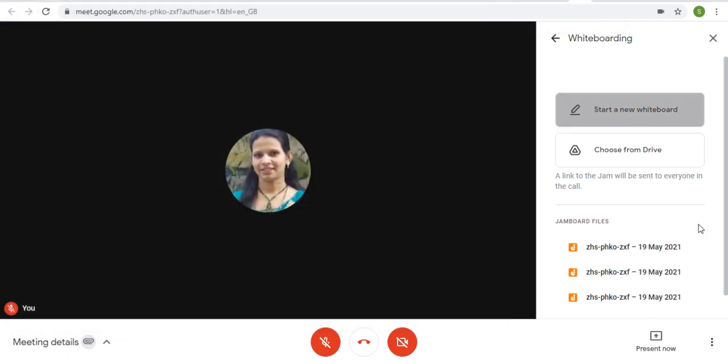Okay, and it's a very important feature, because it's not possible for the teacher without Jamboard, without pen, pencil, chalk to teach everything to the students. By using PPT, you can show all these things, but at some point it's very important to show by highlighting or by drawing the things. So it's a very easy tool, whiteboard, you can use in your daily teaching.